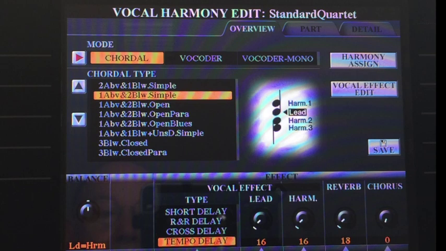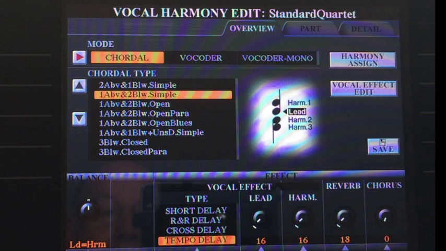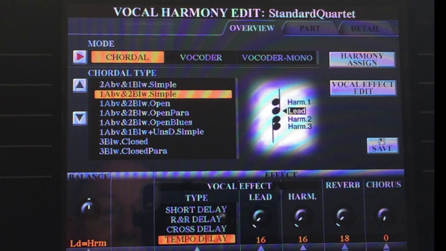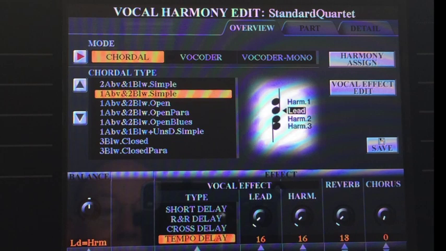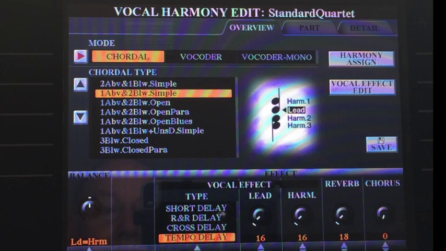Now, in the middle of the screen, in that white area, you see this is shown as musical notes. And notice that my voice, the lead voice, is the second highest voice amongst the 4 voices of this quartet. Harm 1, or harmony number 1, is the highest voice, so there's 1 voice singing higher than me. Harm 2, harmony 2, sings just below me, and I'm the lead, and harm 3 is the lowest voice in the quartet. And here's what that